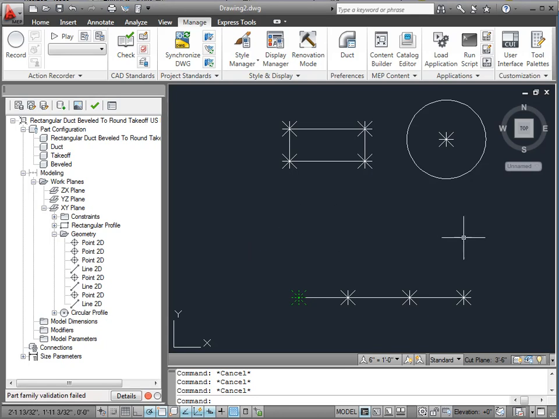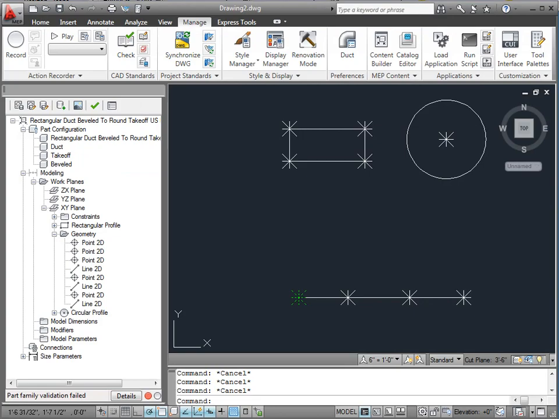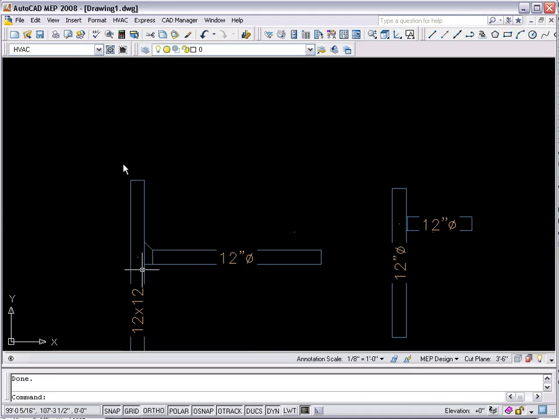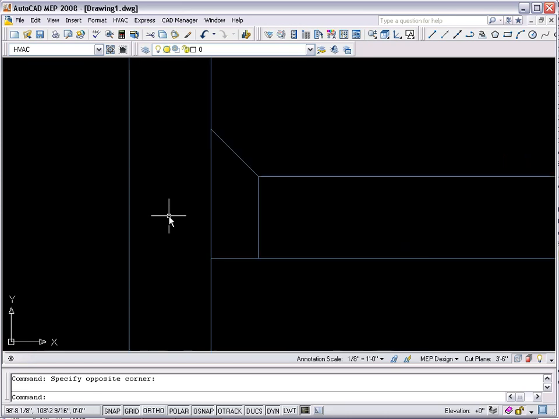Okay, so we probably need to explain what I said at the very end of my last video a little bit more. I'm in AutoCAD MEP 2011, so let's pull up 2008. Here we go. So I've got 2008 back open here, and I think we have a good example over here. In your typical beveled takeoff, the center point of this thing here,